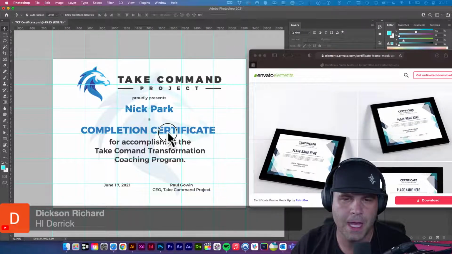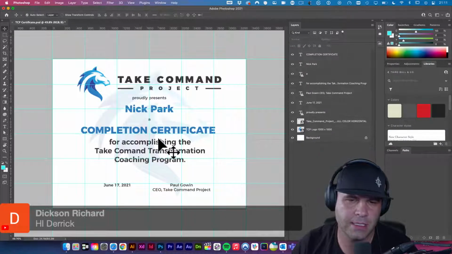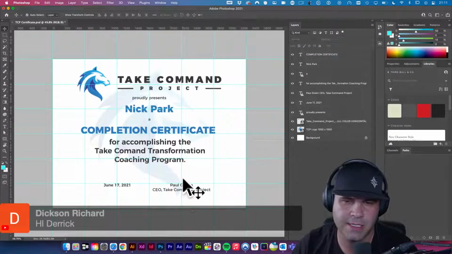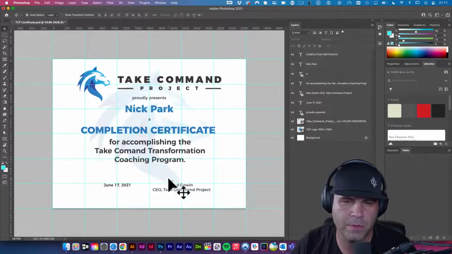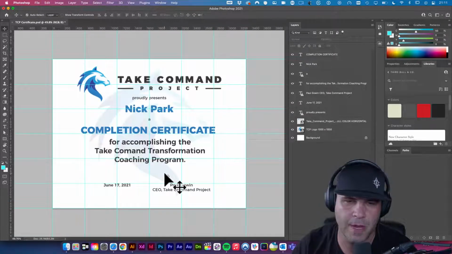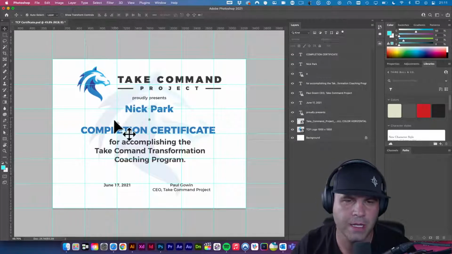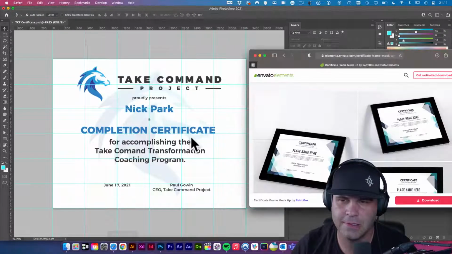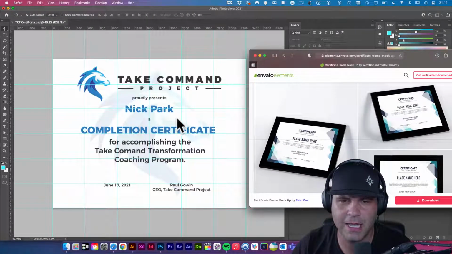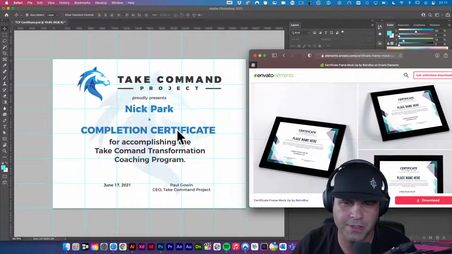Good to see you. We've got all this text that needs a home. We've got this watermark behind it. We probably will take the color out of this and make it monochromatic or black and white or something, just so it doesn't look faded, but more like a watermark. And then looking back at this, I kind of like, instead of it being a completion certificate,